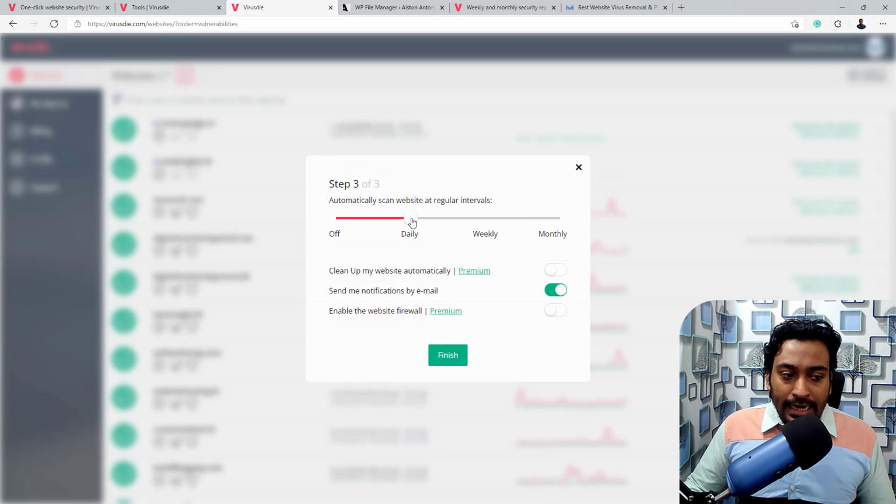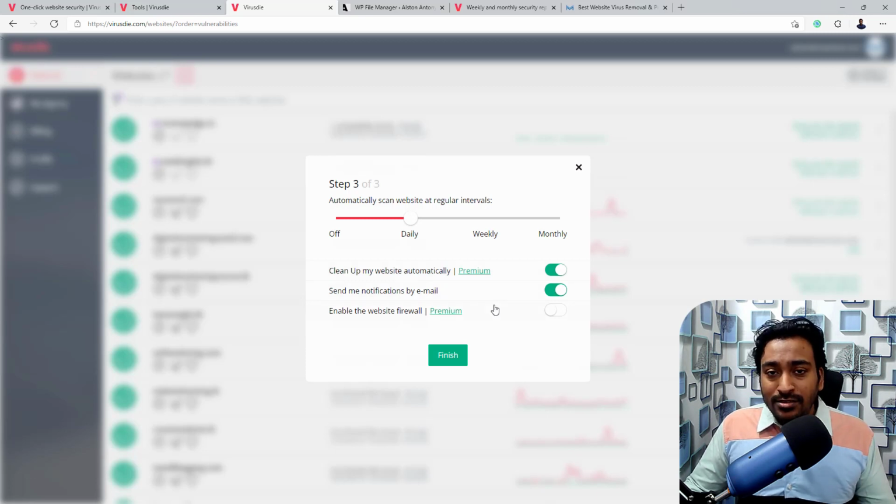I like to keep it at daily in my case, but if it's not important, you can keep it as weekly also. And here are the options for if it discovers some kind of threat to your website, whether you want to clean up that threat, like remove that particular virus without affecting your website. If you want, you can choose it. But if you want to be extra careful and don't want it to remove anything without asking you first, then you can disable this option. That is the default one. But if you want it to automatically clean up for you, you can turn this on and it will do everything for you on the back end itself.